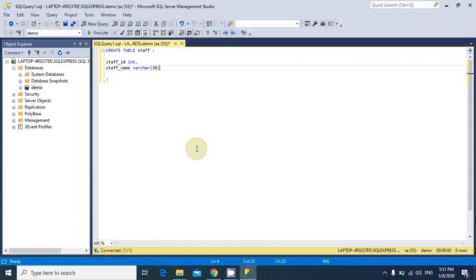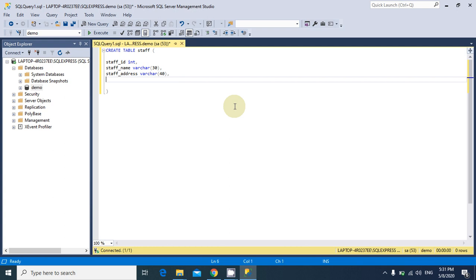We're going to have 30 characters for name, and then staff address. Again, I'm going to have that as varchar. We can have varchar or char for name and address, but I'll have it as varchar, and 40,